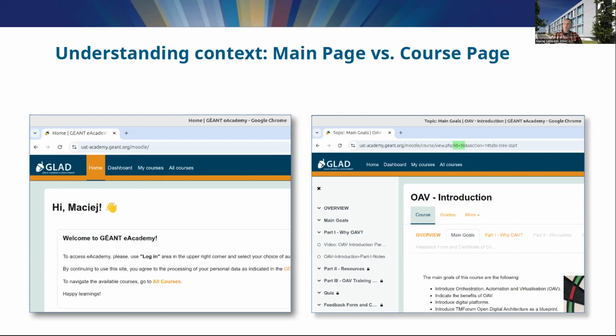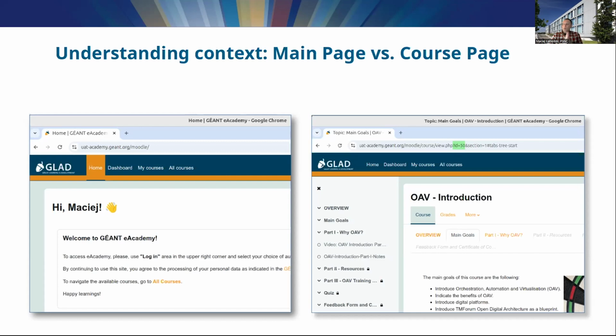The course page context is when a user enters a specific course. Then the chatbot should be able to answer course-specific questions, provide course summary, explain issues covered in the training material, and suggest related materials. By design, the bot should be aware of general information about neighboring courses and relationships between them. For example, the bot should be aware of new planned learning units in a given learning path the user is just following. By analyzing the URL of the page where the user is currently located, the bot can determine whether it's the main page or specific course page.